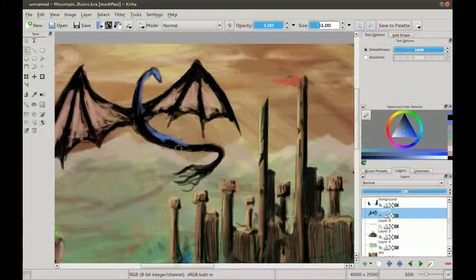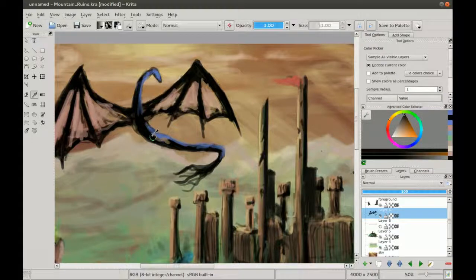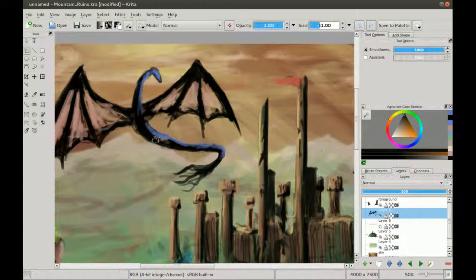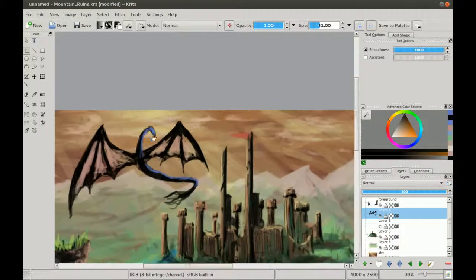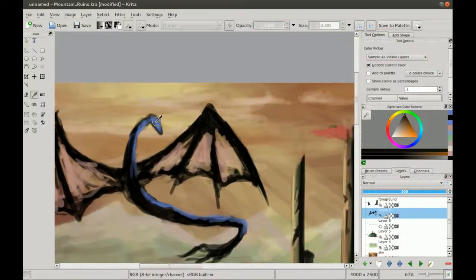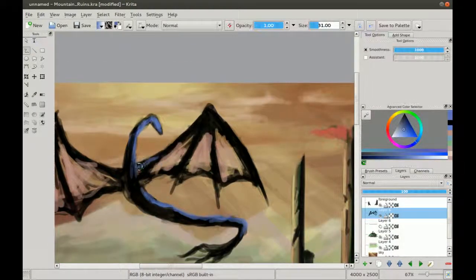But I want it to feel like there's a strong contrast between the dragon and the sky, as it was, when it was black. I want to maintain a lot of that feeling, that he's just there blocking out the sun,